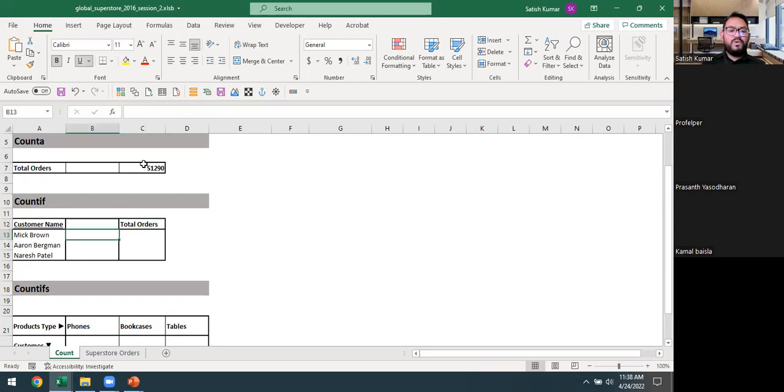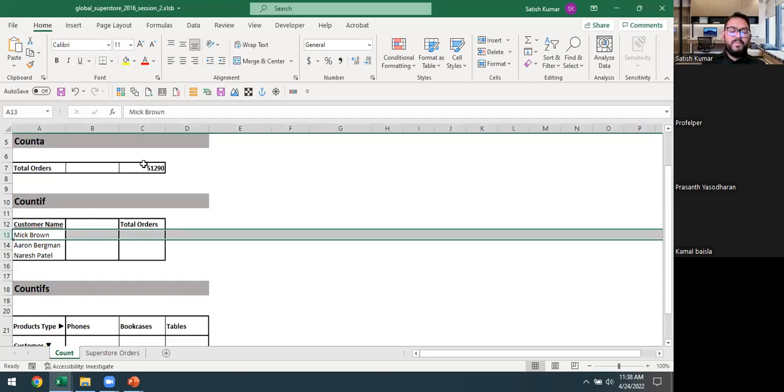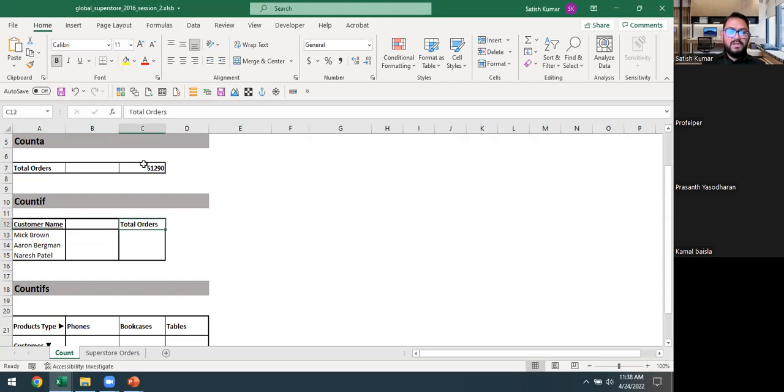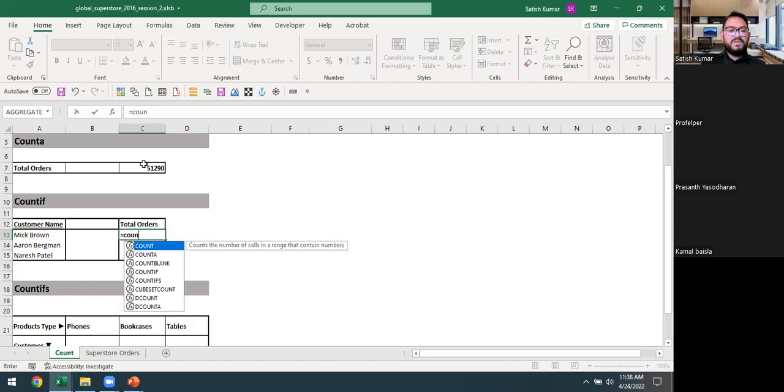So here what we want to calculate, as we have the order detail, is how many orders were made by Mick Brown in this example. So we need to calculate that. What we'll do is put the CountIF function,